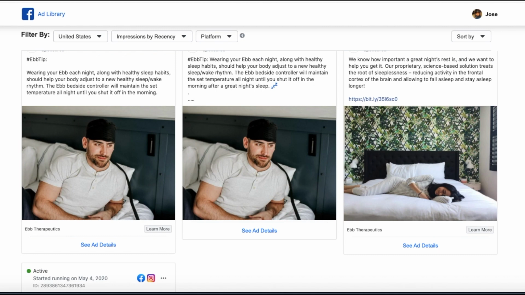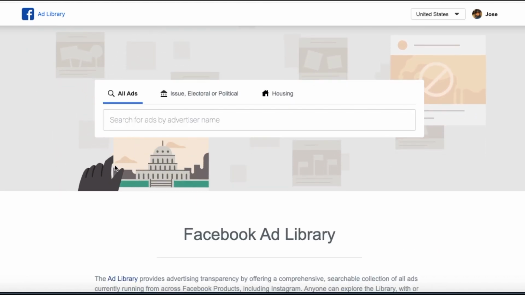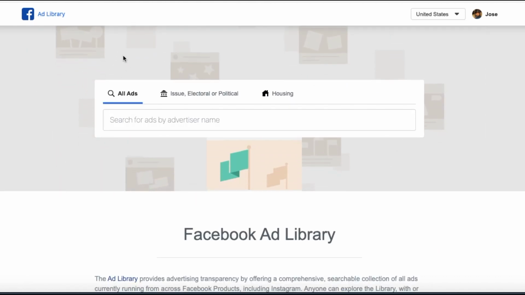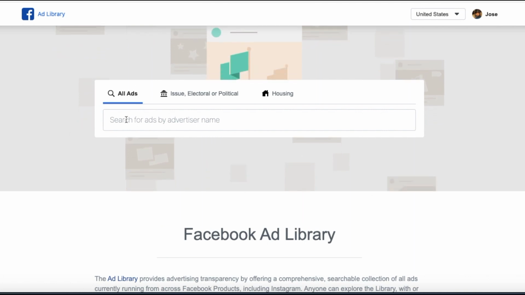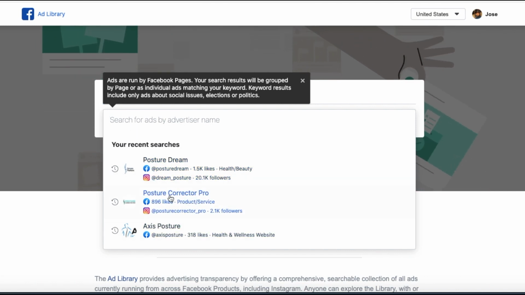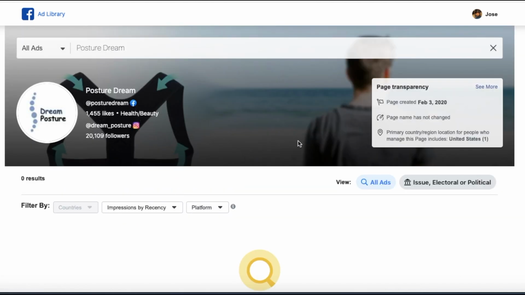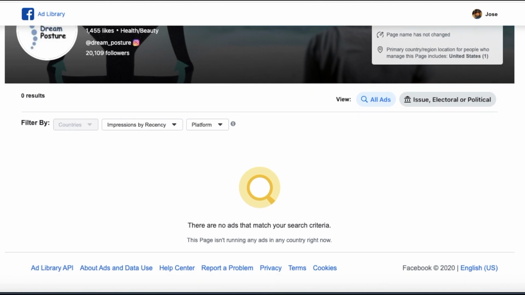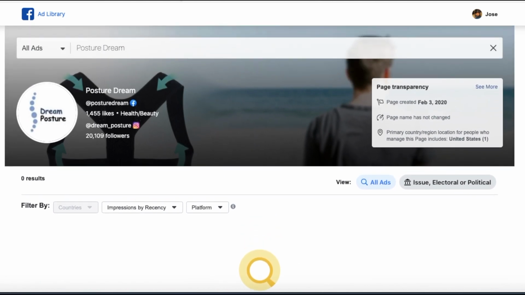If you get a Chrome extension called SimilarWeb, then you can see how much traffic they're getting. There's another way to get to ads library. You just type in ads library, and here it is. You'd have to type in a specific one, which I've typed in these, so they're in my recent searches. And then you could just click on that, and it looks like these guys aren't running ads anymore. I don't know what happened. I'm pretty sure